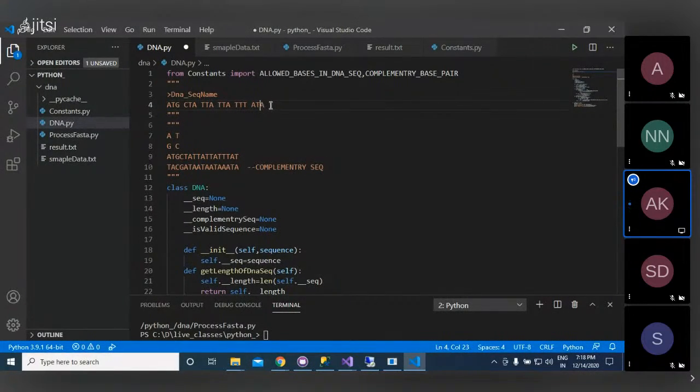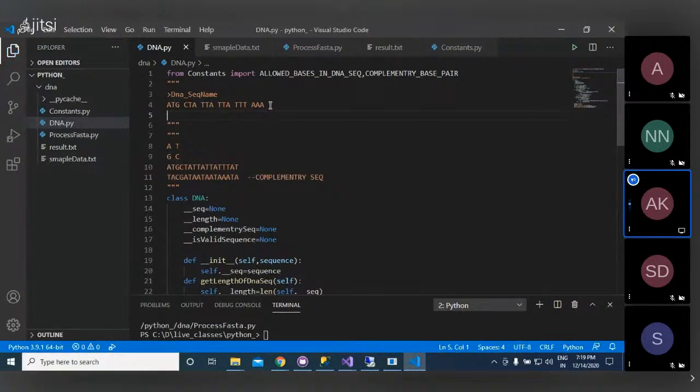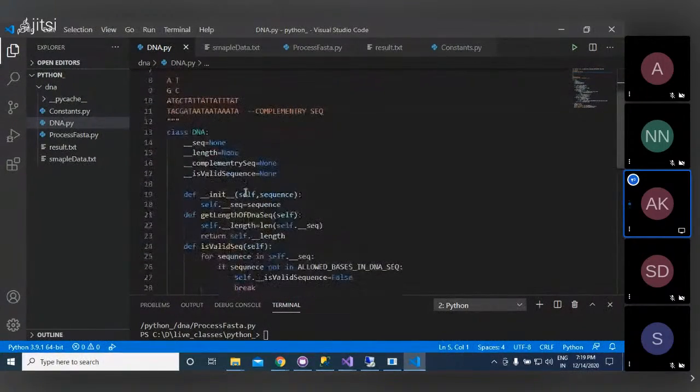Suppose that in the last we have an A, then you can add a double A. If you have two characters, then you can add a single character. It is up to you, but you need to make the length a multiple of 3. Okay, so these are the changes we need to make. So to get the codons from the DNA,